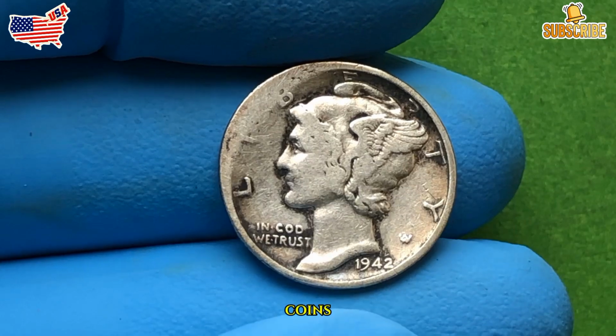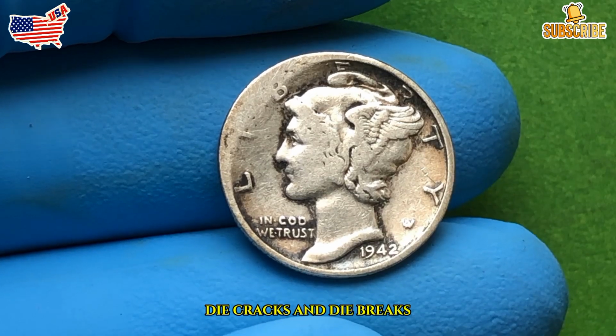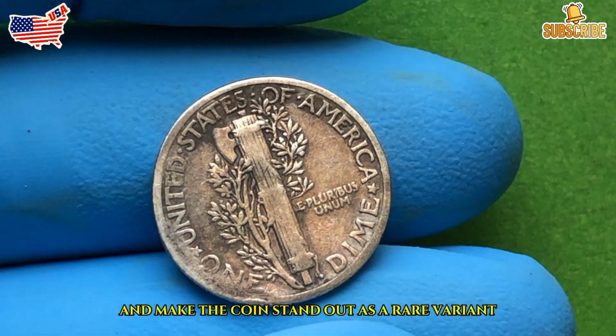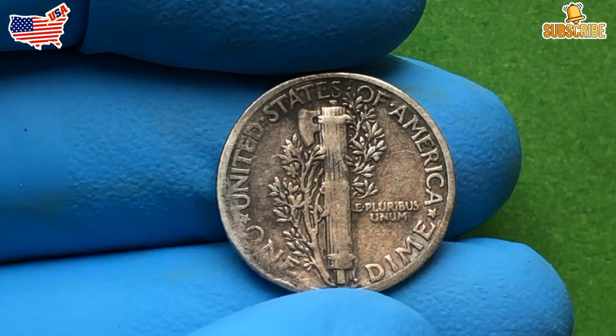Off-center strikes, coins that were misaligned during the minting process, giving them a unique, off-center appearance. Die cracks and die breaks. These imperfections can add character and make the coin stand out as a rare variant. If you happen to find one of these error coins, they could be worth significantly more than a standard 1942